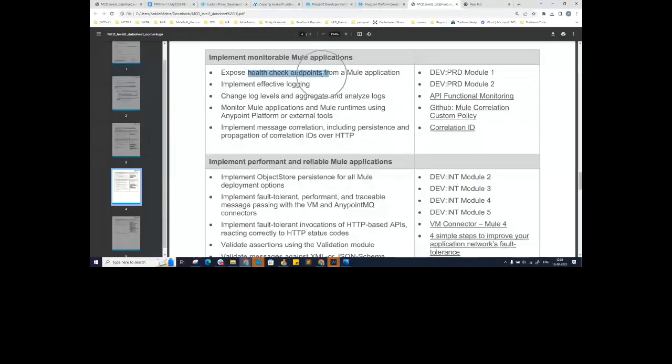Along with that, you have to understand the concept of monitors, how to use public and private monitors to do a health check, and the concept of Anypoint Visualizer. Anypoint Visualizer gives you a live tracking of how the application is being invoked, what are the dependencies on your applications, what are the policies applied, how can you troubleshoot the applications, everything can be seen using the visualizer.